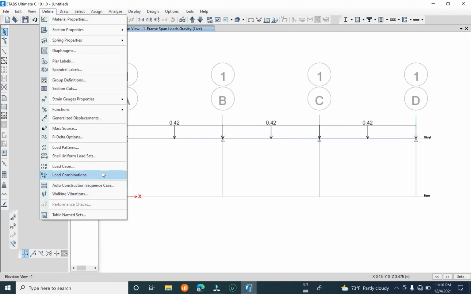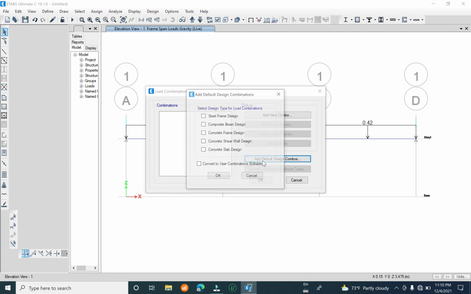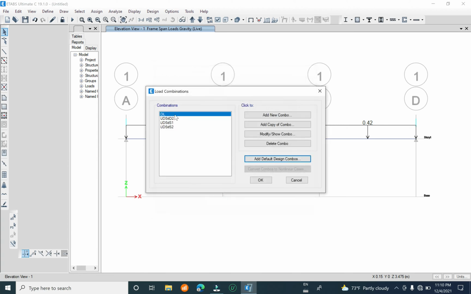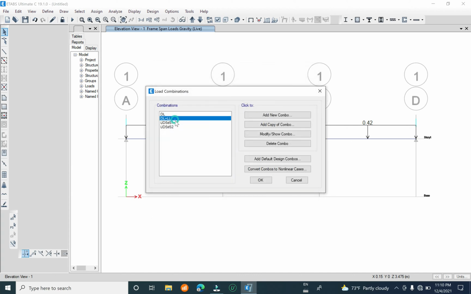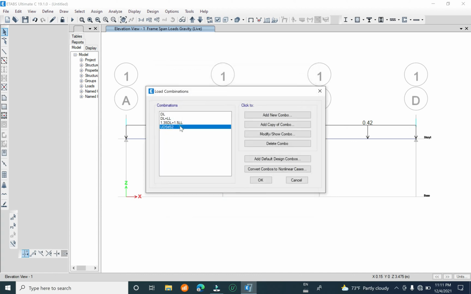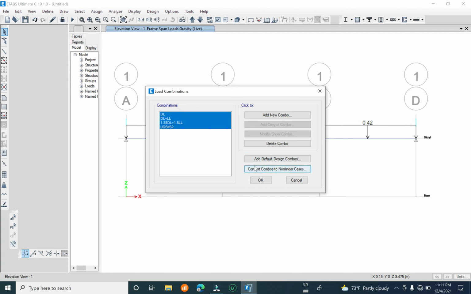Okay, now we have to define a load combination. Add new combination. You can find the menu load combination in here. Now I have to define it automatically. Just select the steel frame design and convert to user combination. Now you can change this name to DL. This one is DL plus LL, and this one is 1.35 DL plus 1.5 LL, and for this one is DL plus 1.5. Oh sorry,